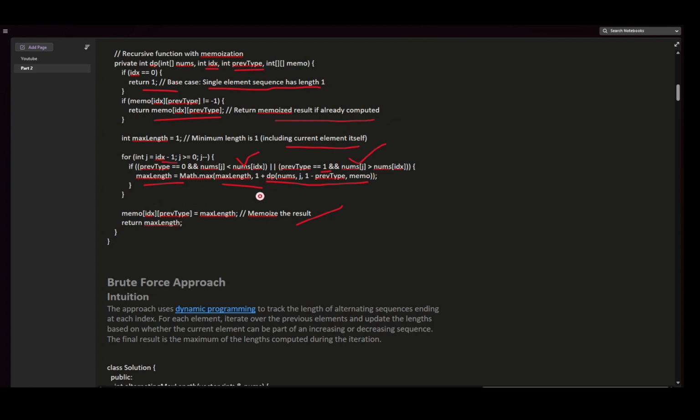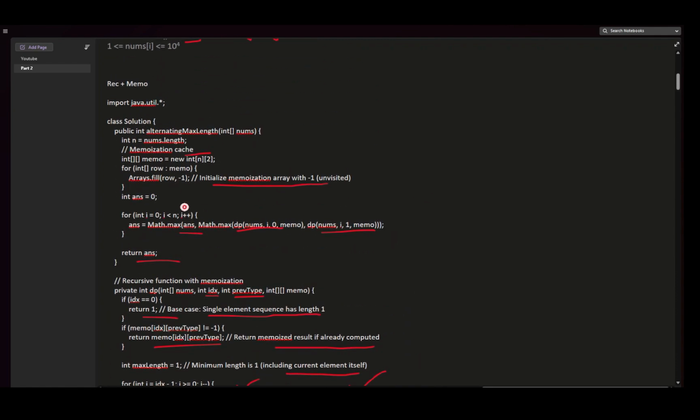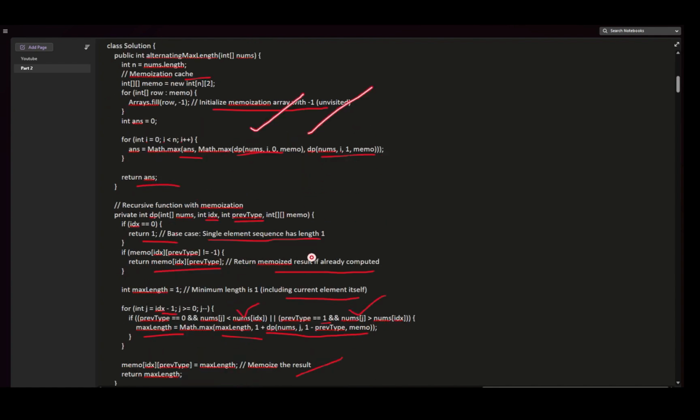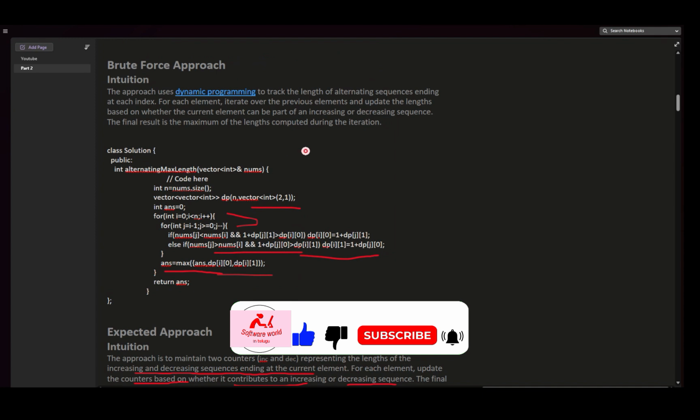for every element and every subproblem result, and we are returning the maximum length out of it. So here the DP problem will return the maximum length for every subproblem, and then we get the answer. This is one approach using the pick and not pick approach. Same thing, and memoization is done. Now coming to the